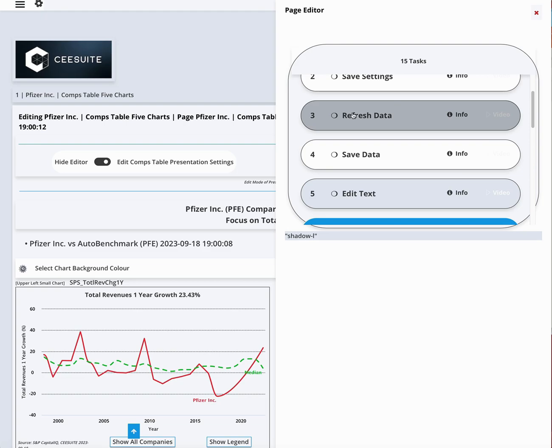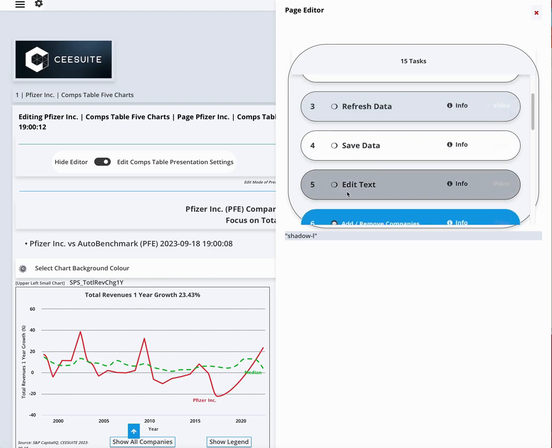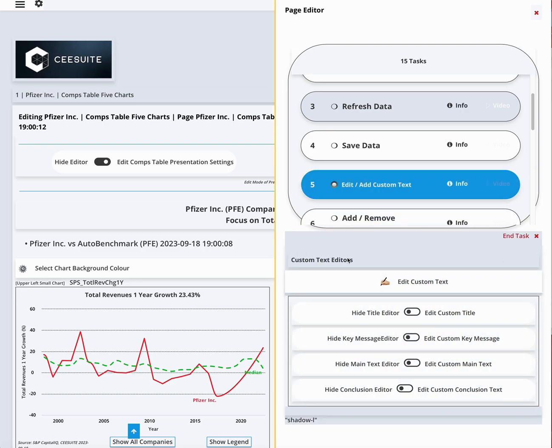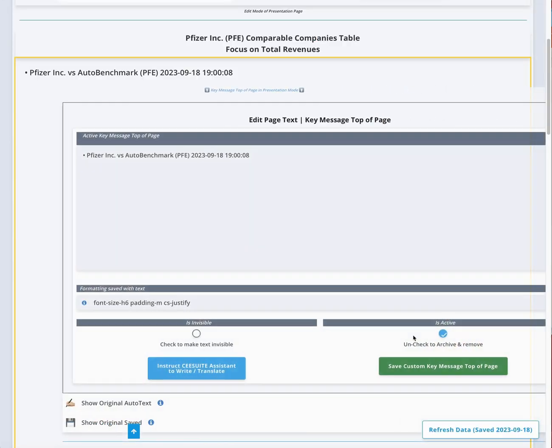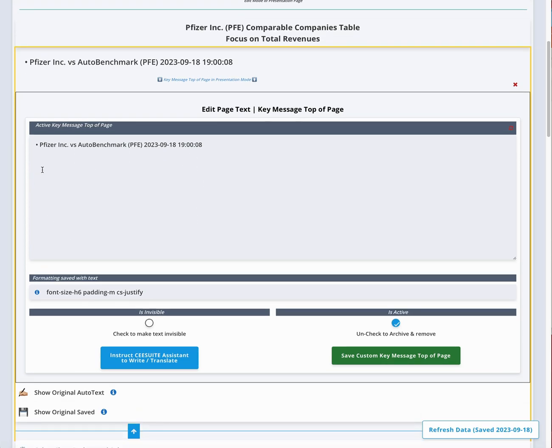But if you press edit text, you'll be offered to customize these text boxes. So if you click on edit the key message over here, the only thing that has been written is that Pfizer is being benchmarked against the auto benchmark list. You're welcome to change the text here. You are also welcome to